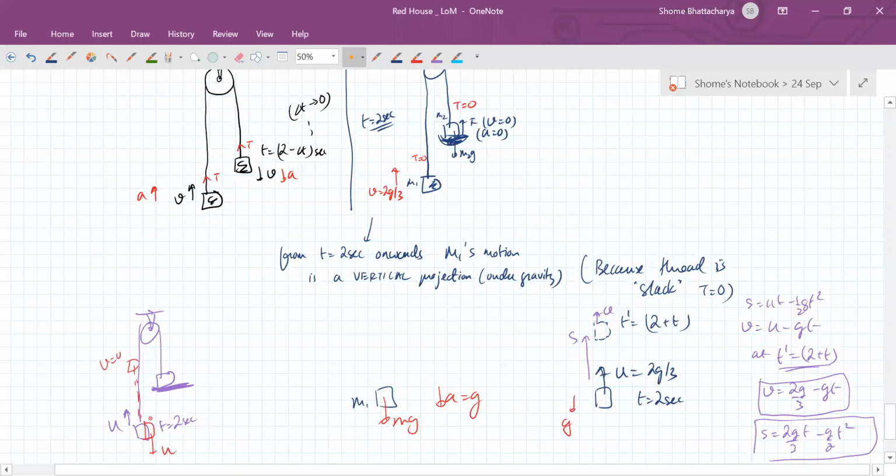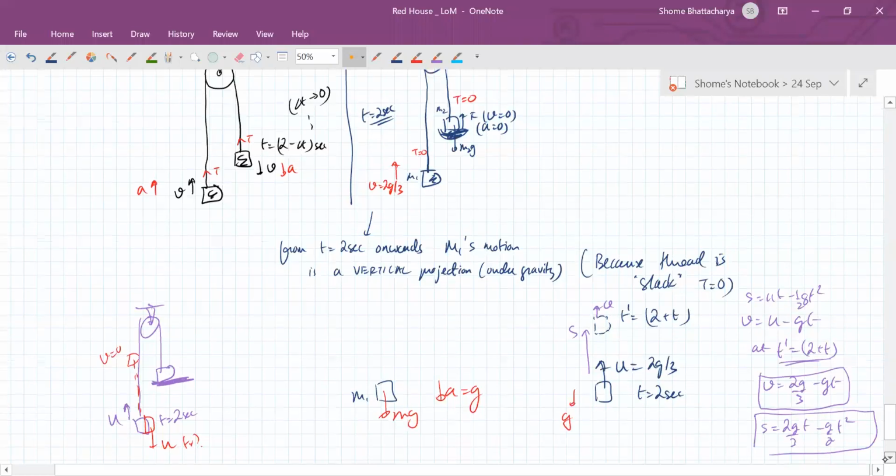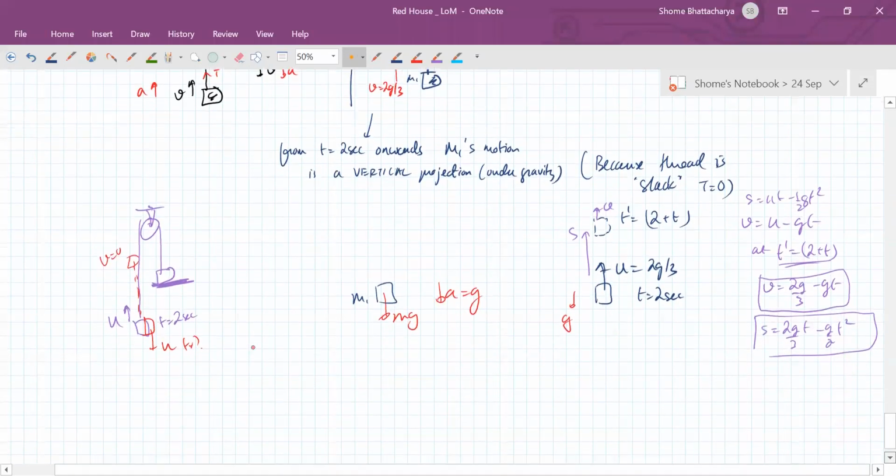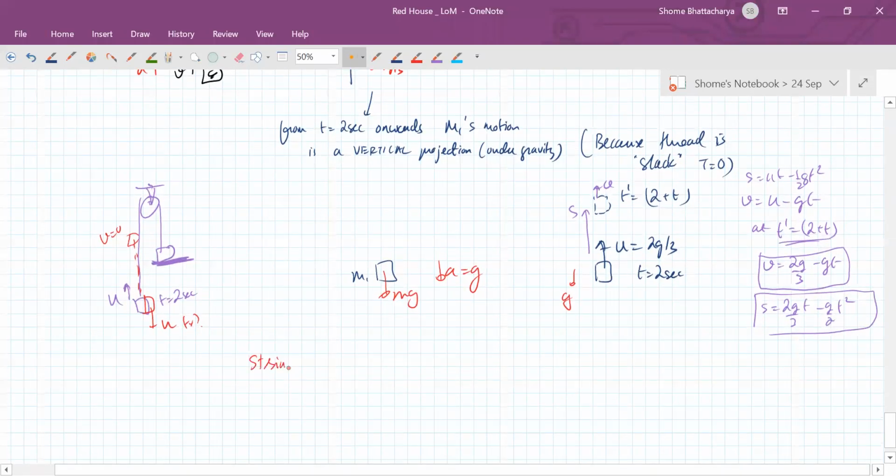The string again tightens. So this happens at some time, that's when the string tightens. So the string becomes taut again when M1 descends